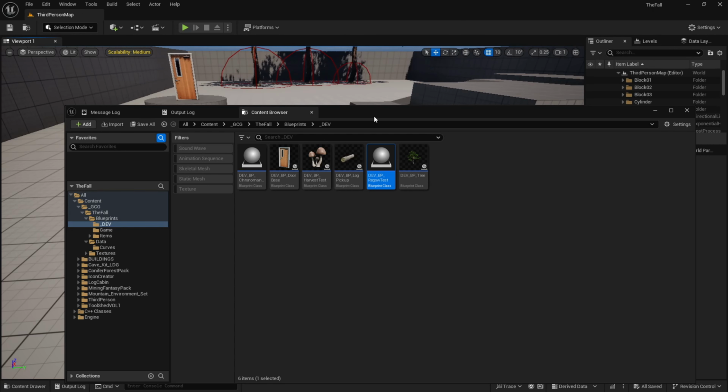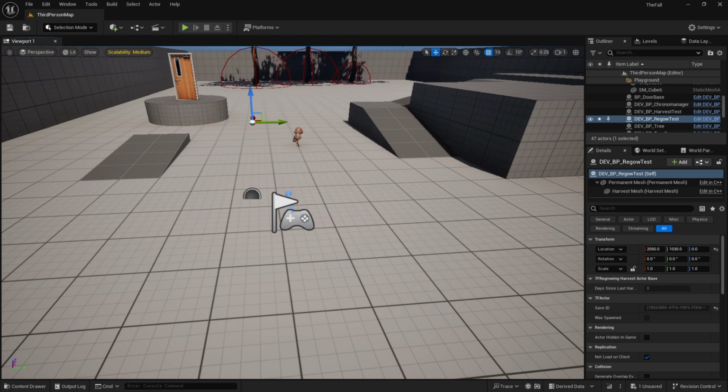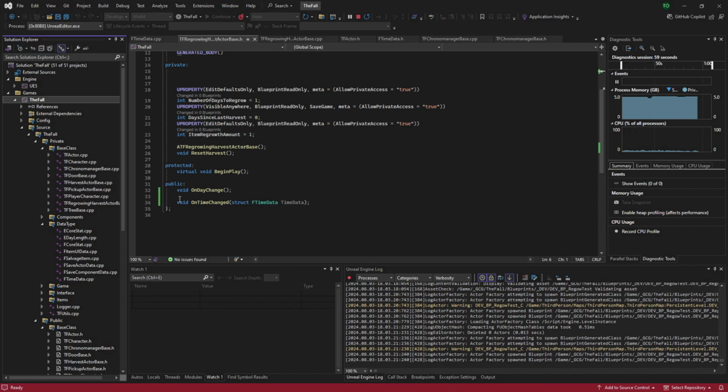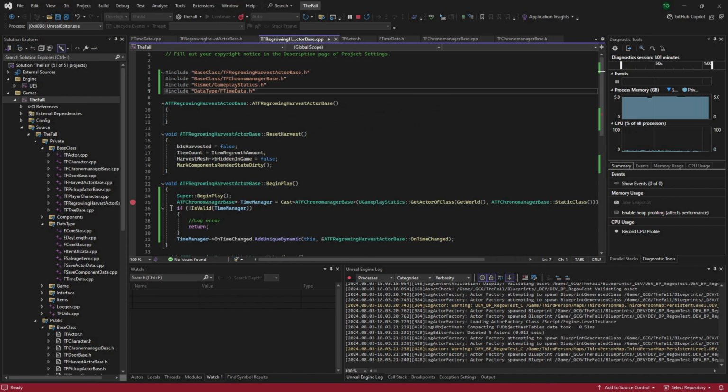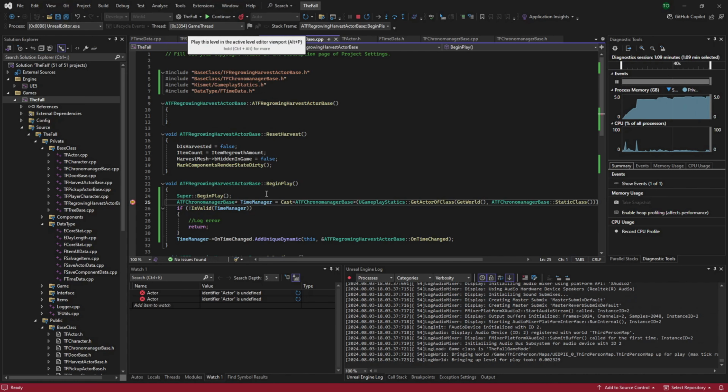We're going to save that, and we are just going to throw it into the world, because that's all we need to have it in the world for when we hit play. And just for reference, we're going to hop over in our regrow. On our begin play, we have a breakpoint. So we should be hitting that when we hit play if everything's working. So hit play. We hit that. So we're going to hop over,